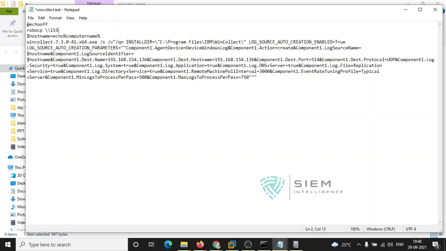There is some 155.1 some 0.55.120, some location where you have kept your WinCollect file. First you will copy that particular file to your source. So where do you save?